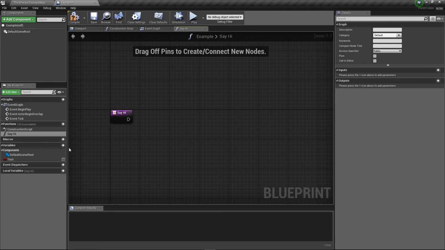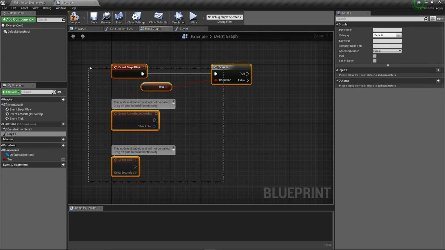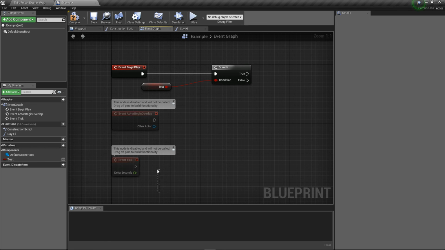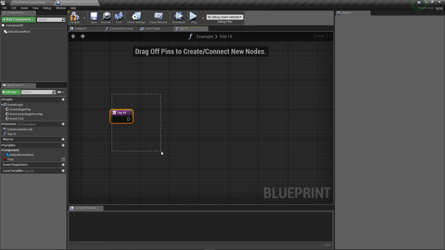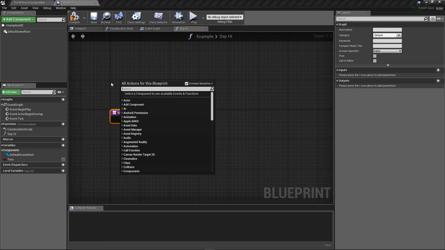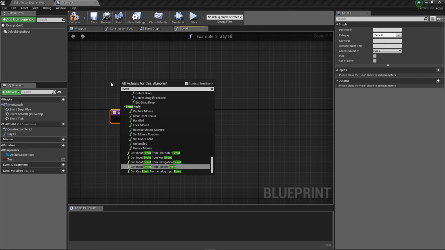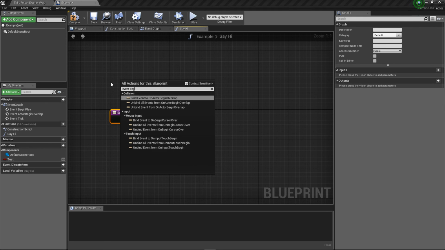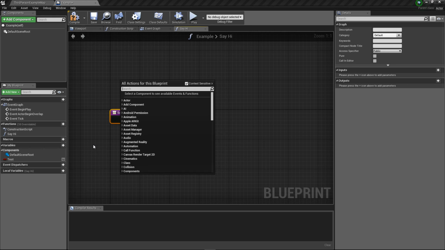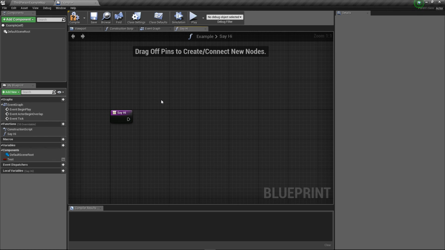But a function can do pretty much anything that a normal Blueprint graph can do, except it doesn't have events, because the event is the function, so you don't really have events in here. If I typed event begin play, it's not going to be in there. Now you can bind to events, but it's not too useful because you can't create a custom event. You can unbind events, blah blah blah, all that stuff that you may need to do through a function. But